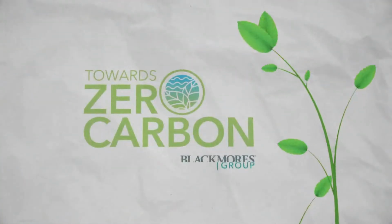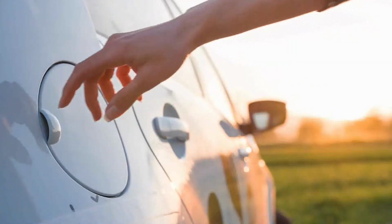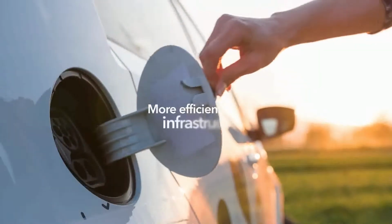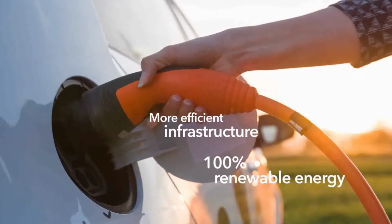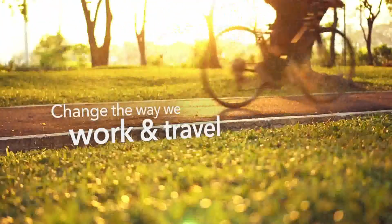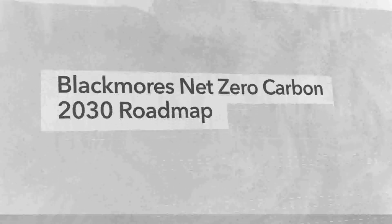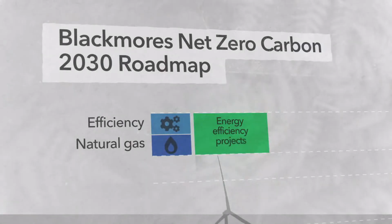Last year, we committed to net zero carbon emissions by 2030, and the pathway will require us to invest in more efficient infrastructure, to transition to 100% renewable energy, and to change the way we work and the way we travel. The first step is to invest in energy efficiency initiatives, ensuring our machinery and infrastructure uses energy as optimally